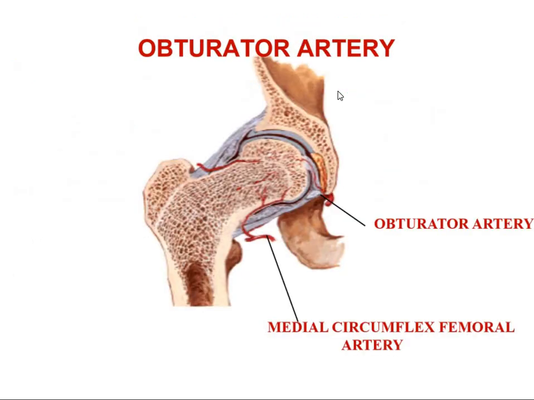Then the last thing was obturator artery. This obturator artery is a branch of anterior division of internal iliac artery. Internal iliac artery is coming from the abdominal aorta. It appears in the adductor region through the obturator canal. तो हमने स्टार्टिंग में देखा था कि हंटर्स कैनाल से पास हो रहा है, where the artery will divide into medial and lateral branches. So this obturator artery will divide into your medial and lateral branches.